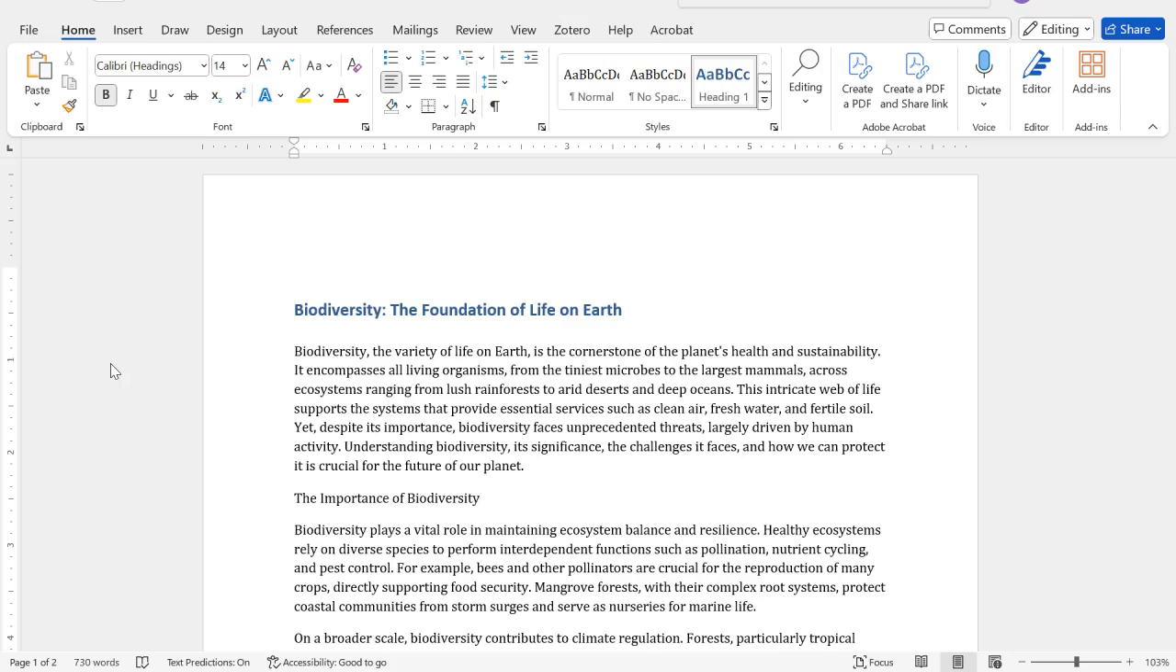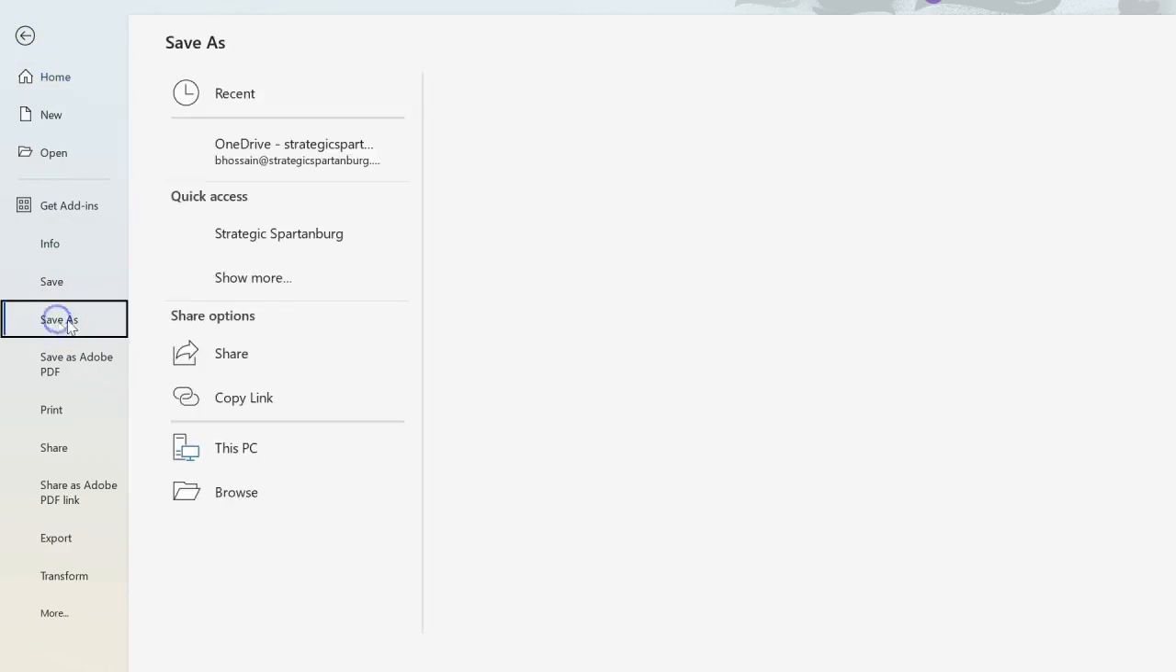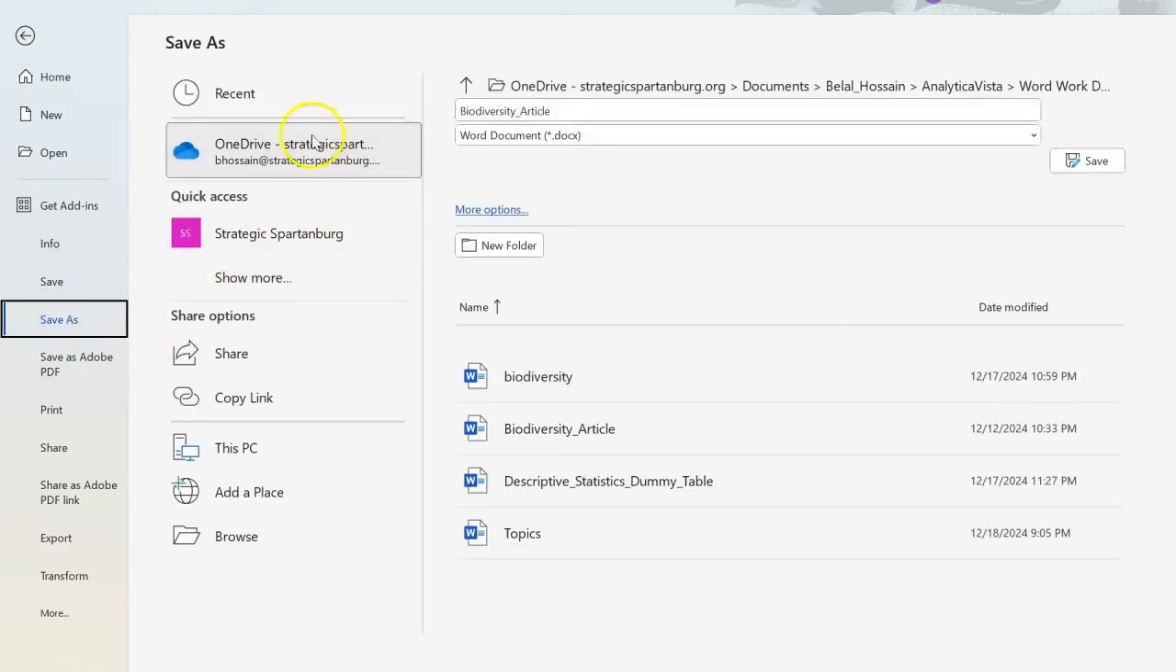So now you will go to File in the top left corner of your screen and click on it, and you'll find an option Save As. Click on Save As, and you'll find several options like This PC, Browse, and so you may save it at your desired location. So I'm gonna click on